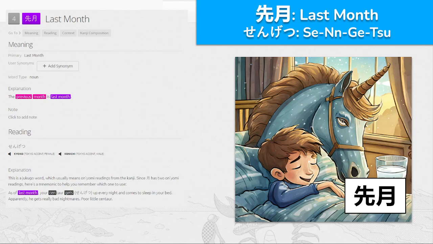Last month, Sengetsu. So we've got the centaur here, and we've got month with the moon. As of last month, your centaur gets up every night and comes to sleep in your bed. Apparently, he gets really bad nightmares. Poor little centaur. Got some milk to calm the centaur down. Sengetsu. The centaur gets in your